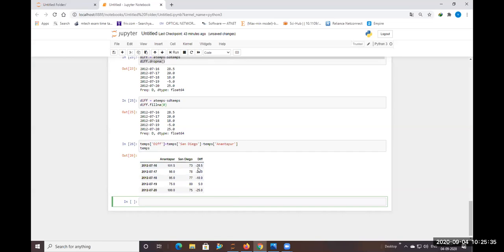I can see that for each and every variable, it gives a differentiation of values as output. So this is a way of representing the differentiation of the data frame.